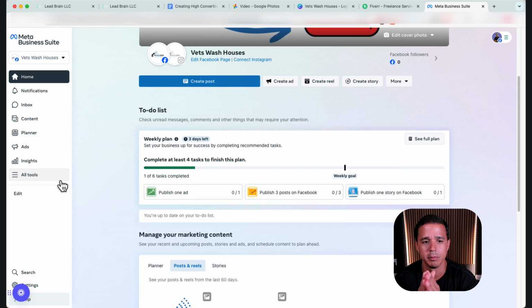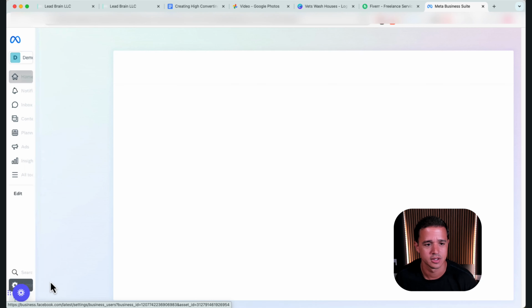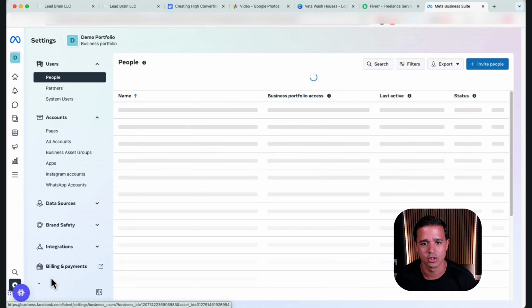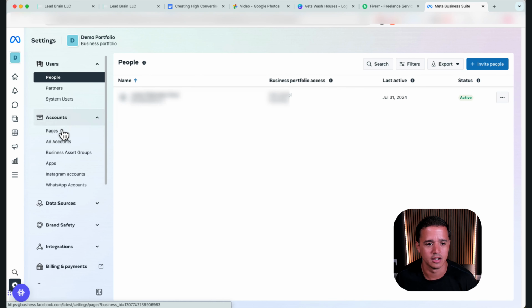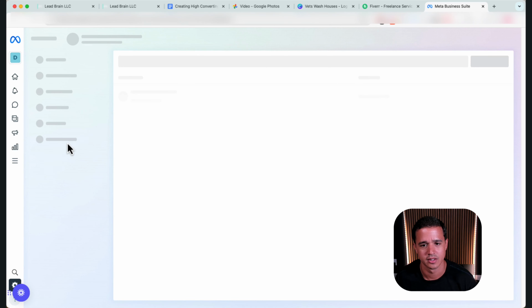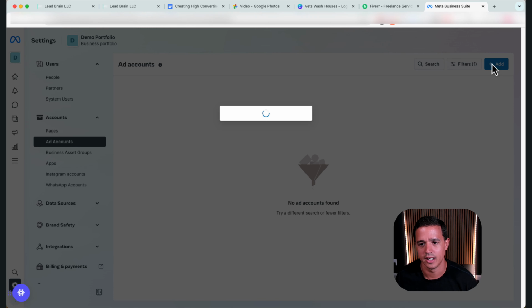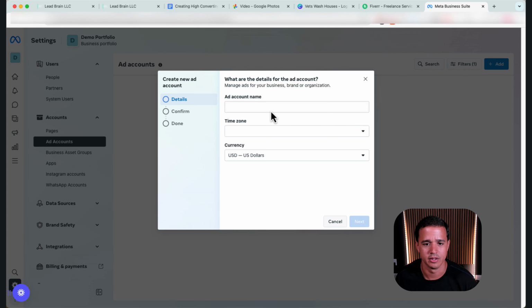We recommend you go to business.facebook.com, create a Meta Business Suite account, and manage everything you do from here. When we created this page in video 5, we showed you how to connect the page to the Meta Business Suite. So if you come here to settings on the bottom left, we are going to go ahead and create an ad account. If accounts is not expanded, expand accounts, click on add accounts, and then we are going to add one, and we are going to create a new ad account.